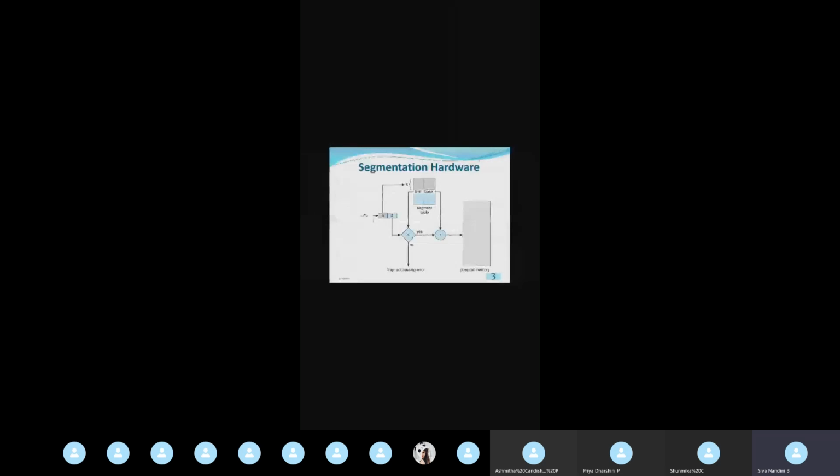So what is in the segment table? The segment table holds the base register and limit register content of all the segments. If there are n segments, then for all those n segments, the base register content and limit register content are held in the segment table. Here I have considered the example where the segment number is 1. It searches where segment number 1 is lying, and once it is found, the corresponding limit and base register will be utilized.